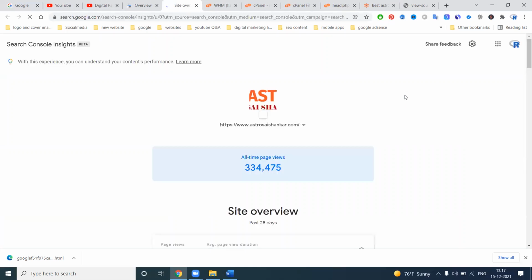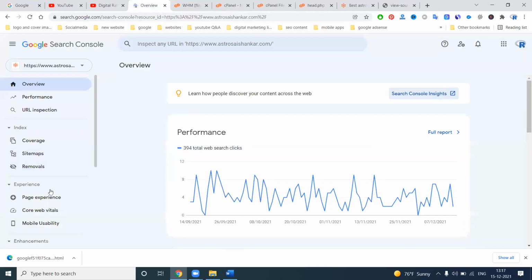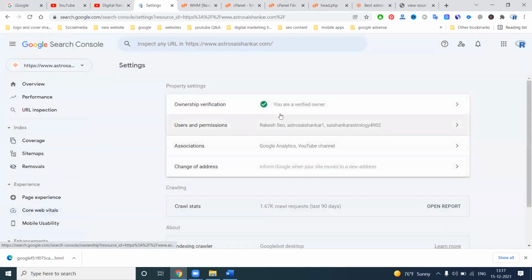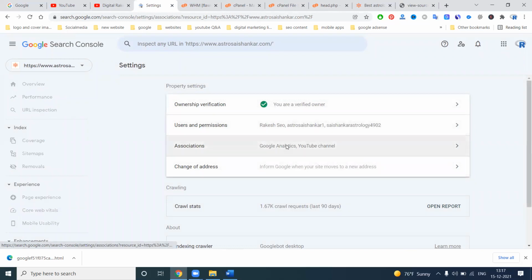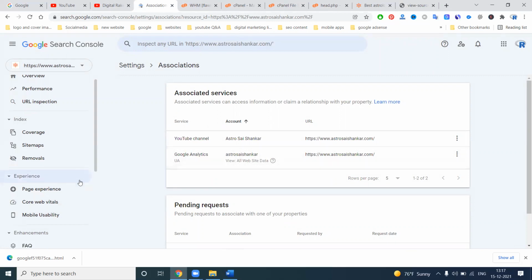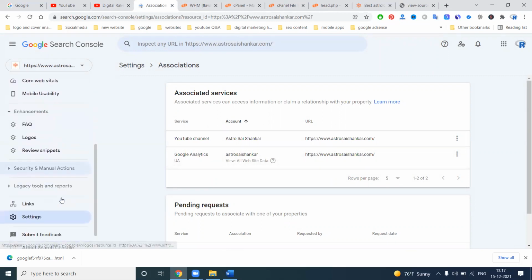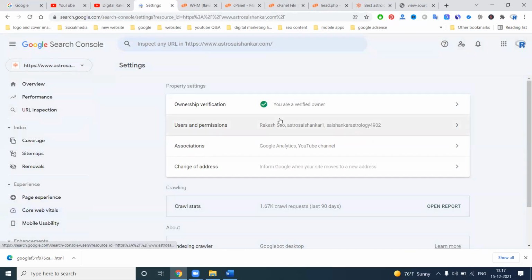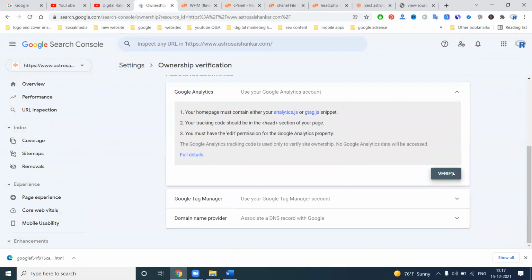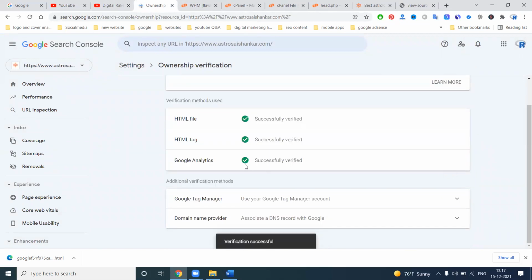Where exactly can you link all these options? It is given in settings, where there is an option called associations. It is all associated with your YouTube channel and Google Analytics option. In this, we go to the option settings, ownership, Google Analytics. Click verify. Verification successful.